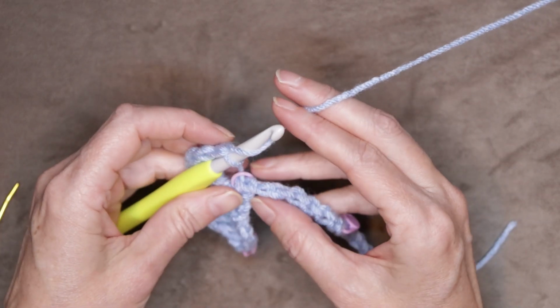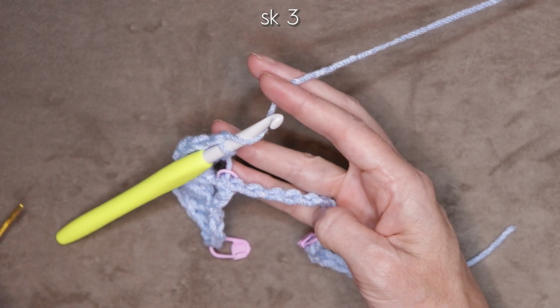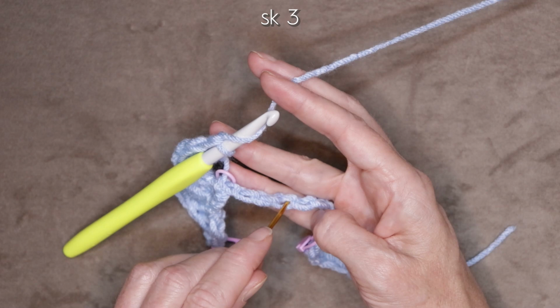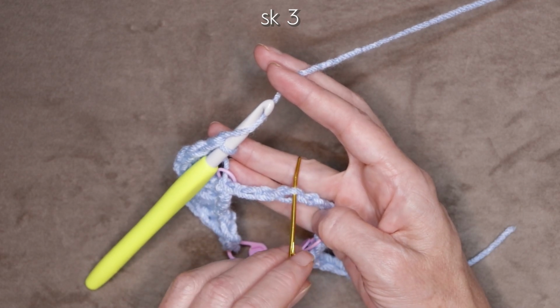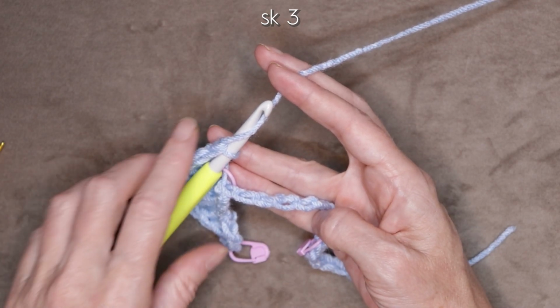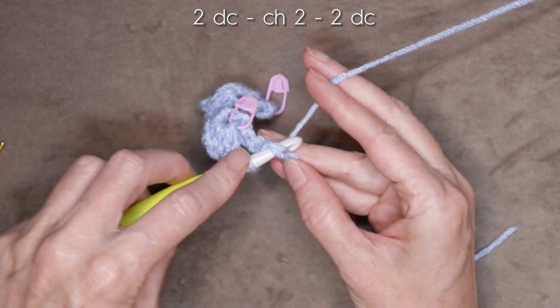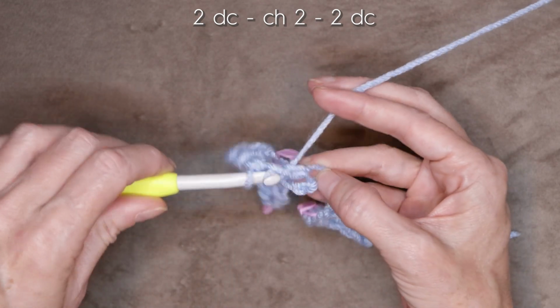So wrap your yarn again, skip 3 stitches, or skip 3 chains, 1, 2, and 3. We want to go into the 4th chain right here, just into that back loop. Wrap your yarn and into the 4th chain, we're going to make 2 double crochets,